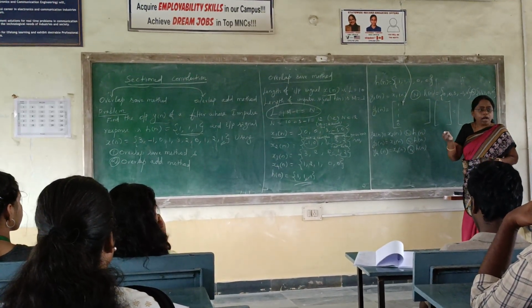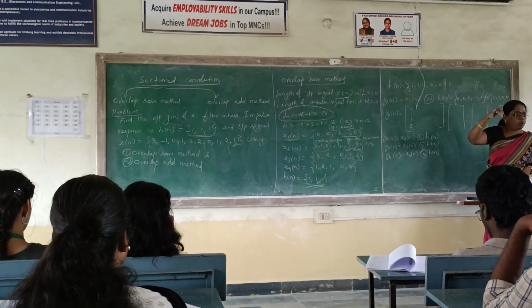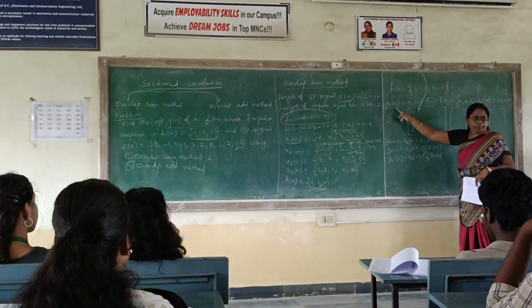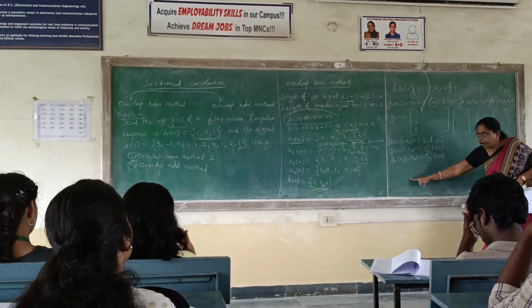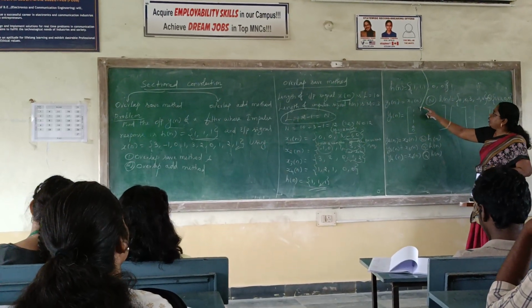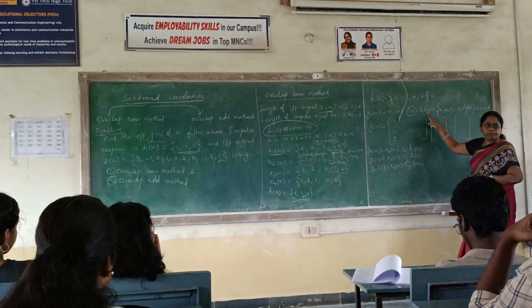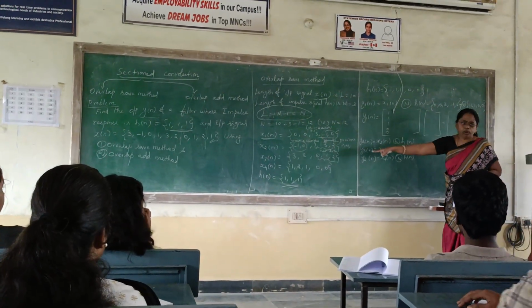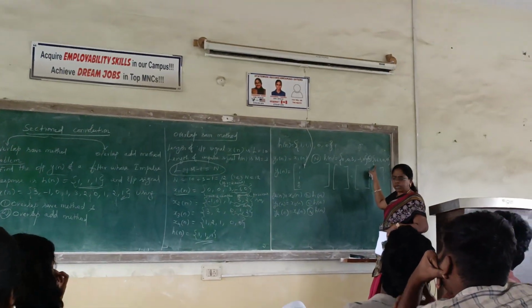Then what is our aim? Our aim is to find the output. Output here is represented and denoted by y. So y1 of n, y2 of n, y3 of n, y4 of n we are supposed to get. So y1 of n is equal to x1 of n convolved with h of n. What is x1 of n? x1 of n is from the sequence. H of n you know 1, 1, 1, 0, 0.